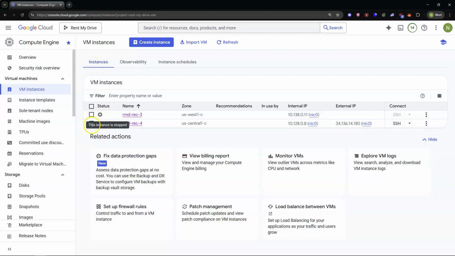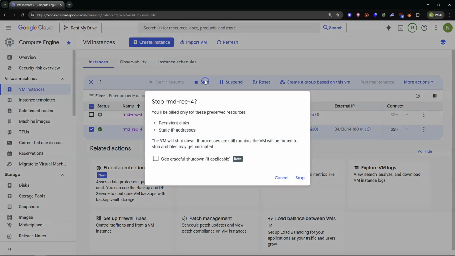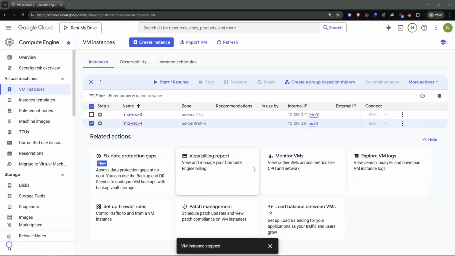So what I'm going to do now is stop this instance. So I'm trying to get into it, and then what we're going to do is stop it, skip graceful, stop. Right, that's stopped. So another note, if you were to leave another machine running, you're going to get double the cost. So always stop it, and then